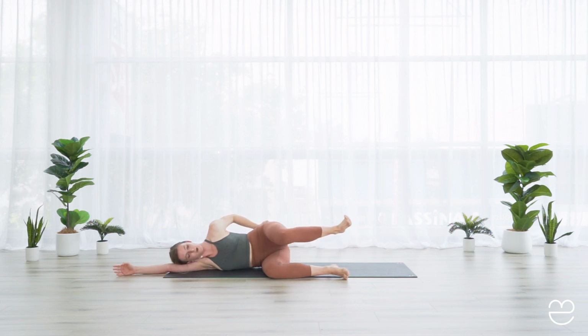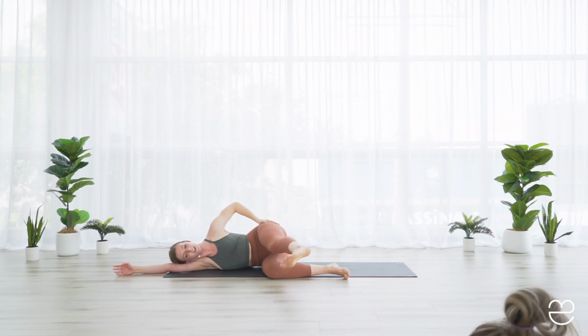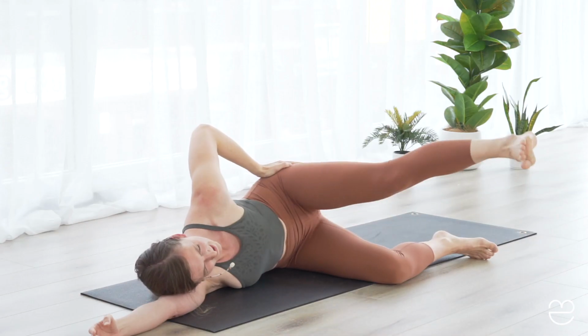Now milk these circles around. Bring it over the top and up just above hip height. For 5, for 4, 3, 2. We have our finale to the front. Send the leg out long. Turn your toes down and up above hip height for